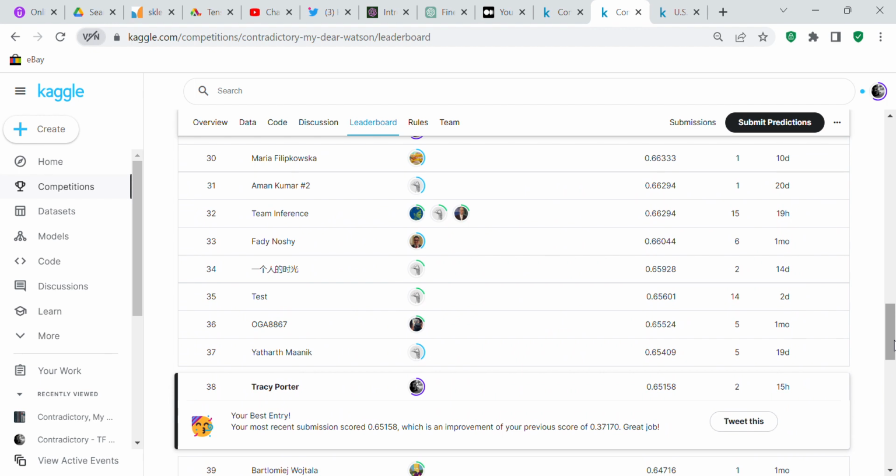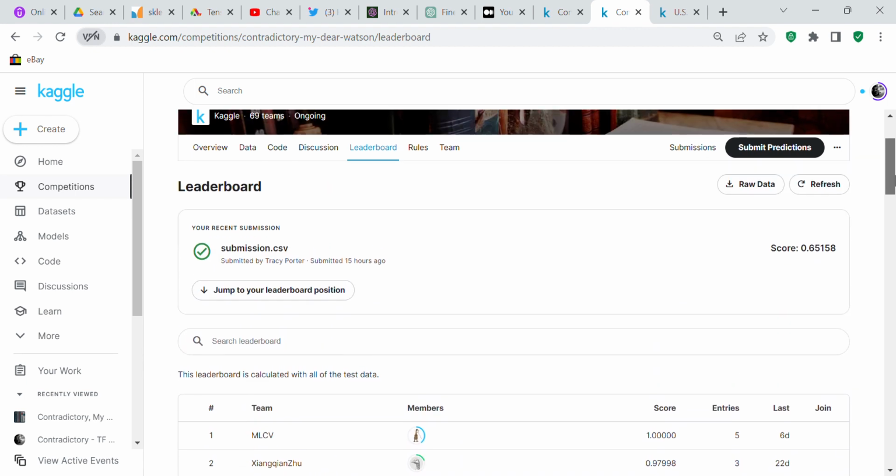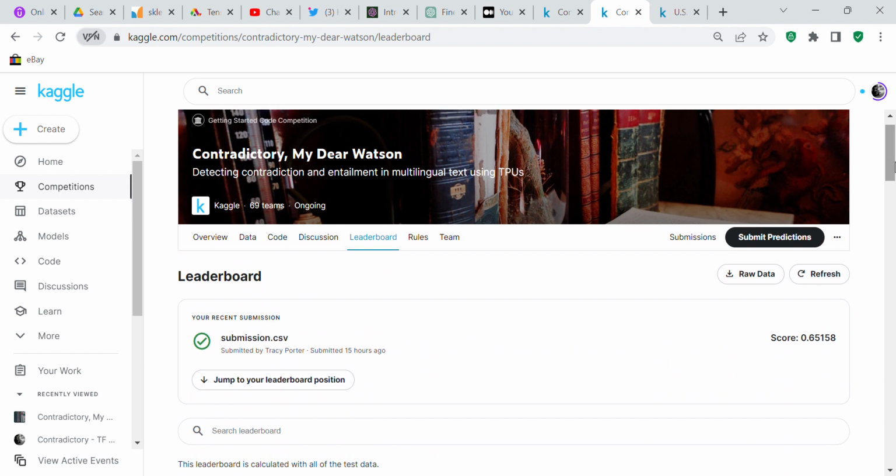I also found out some more things that you can do because I read an article on the internet about how to win a Kaggle competition, and they gave some tips on how to win a Kaggle competition as well, which is interesting. I might try some of those tips. But you can see with Contradictory, My Dear Watson, they only have 69 teams because a lot of people are not going to enter this competition because of the complexity of the competition,